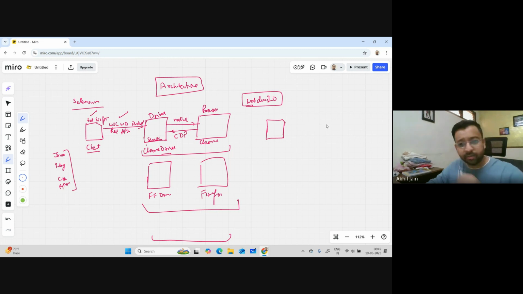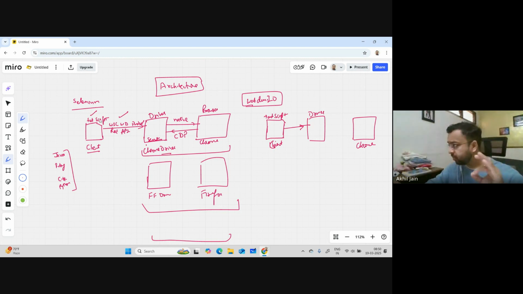If your goal is to connect with the Chrome driver, Chrome browser, it also works on the same model. You have a test script, which is your client. It interacts with the driver. You can have a driver, you can have a Selenium Grid, whatever you want. And then the communication. The only difference here is